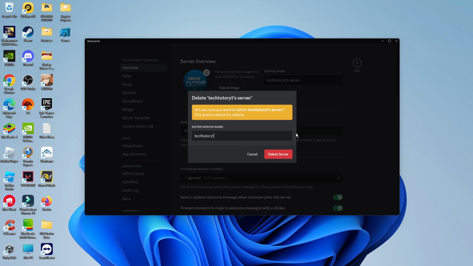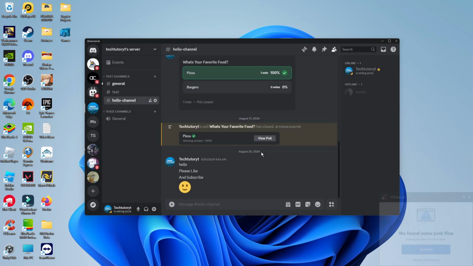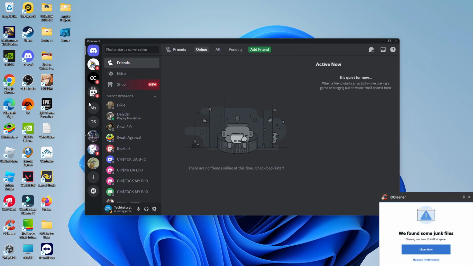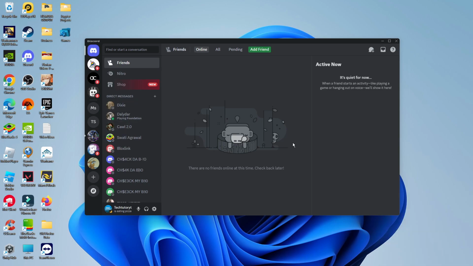So you can see in my case, this is called Tech Tutor YT's server. So what I'm going to do is enter that into the box here, and then click the red delete server button. After doing that, as you can see, that's deleted the server straight away. You can see that's disappeared from the server list on the left hand side,